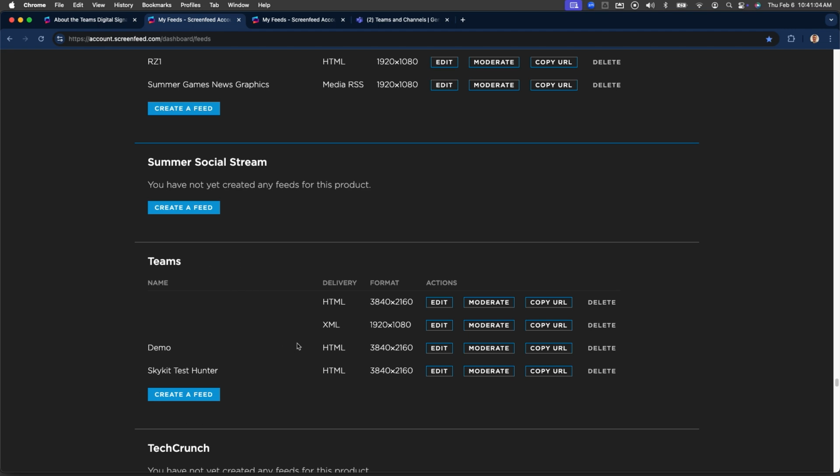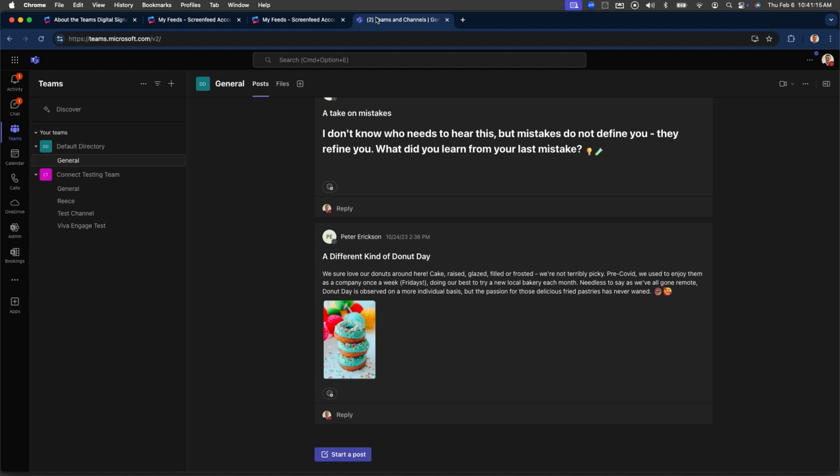Now, before we do that, let's take a look at Teams itself, because the Teams app for digital signage works off of a specific chosen or specific group of chosen Teams channels. In this project, we will be setting up a Teams Kudos channel. So if we look here, here's my Teams, pretty sparse, but we can see that this is used for a lot of testing and nothing has that employee engagement Kudos flair to it.